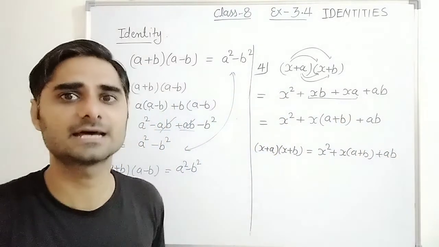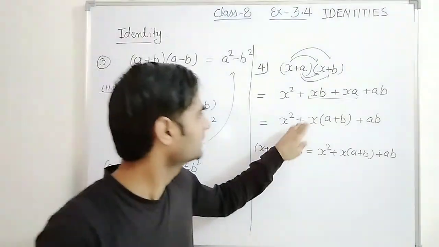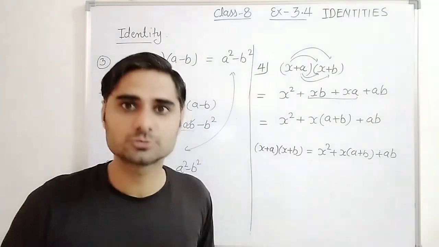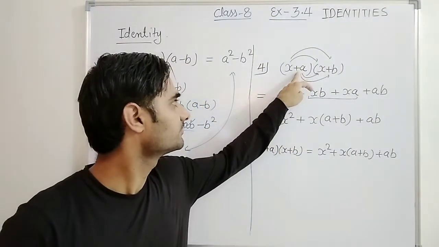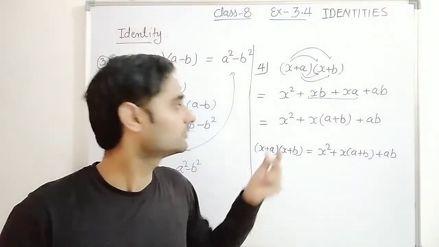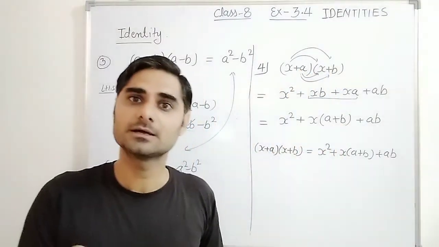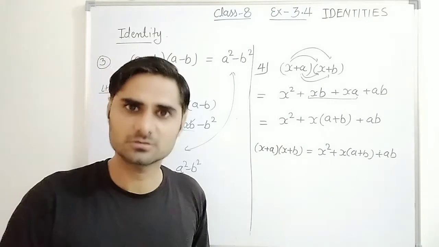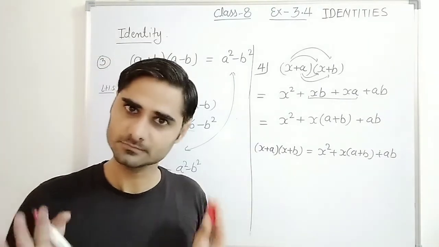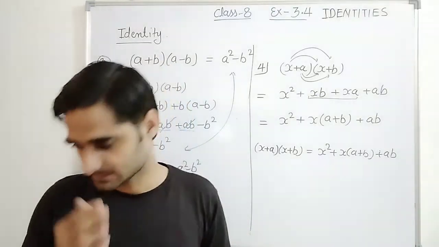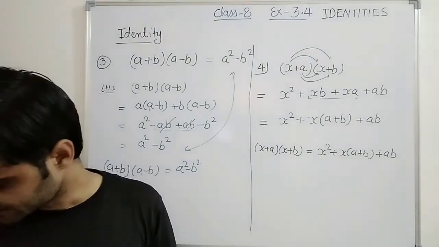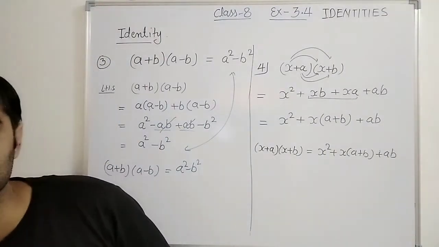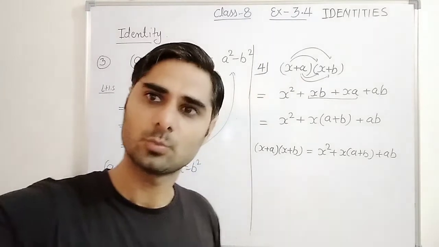If different signs are given, just keep in consideration all signs you will use properly. Suppose this is minus, both. So how to use minus sign with the variable or constant, whatever given. Okay? So these are identities. Let's try to solve one question related to this identity. I'm just going to write here one question.